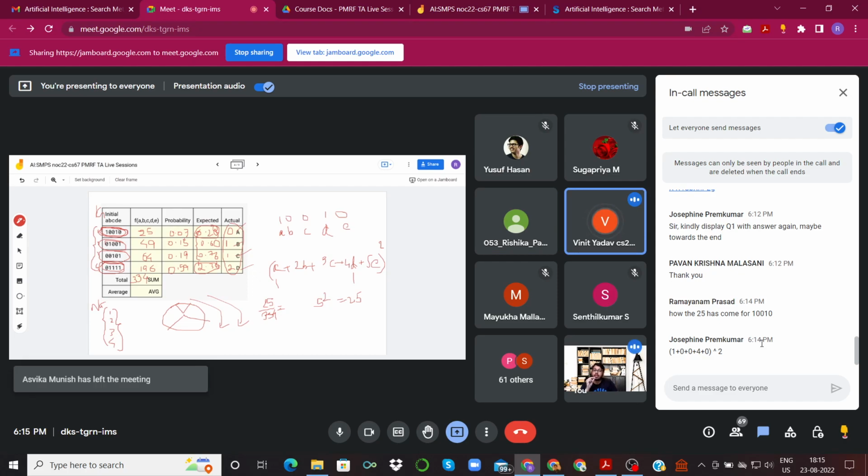So again, I would like to encourage you to have a look at the explanation by Bhaskaran sir on this exact topic. Just go to the discussion forum and search expected value to actual value, and you will find that someone already has asked this doubt.